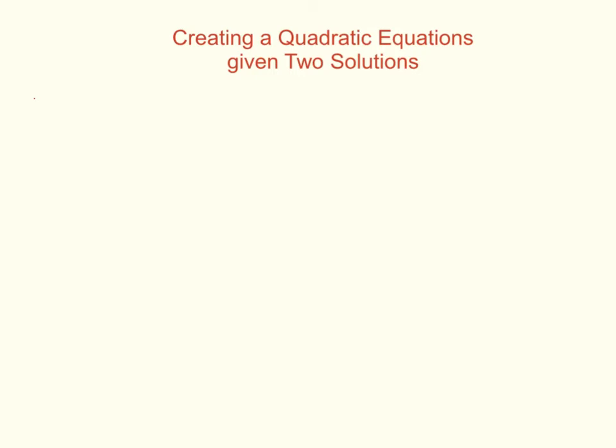If you're asked to create a quadratic equation that would produce two specific solutions, it's a pretty simple procedure as long as you remember the steps of solving quadratics by factoring. And what you're going to do is just work backwards from that idea. So for instance, if the two solutions that you're going to use are x equals -4 and x equals 3,